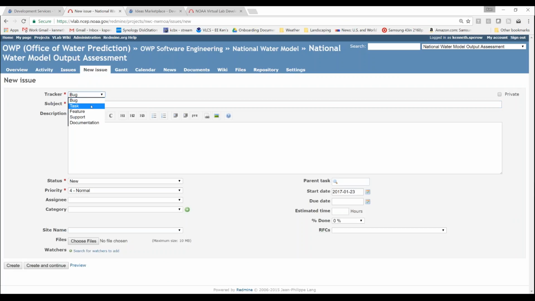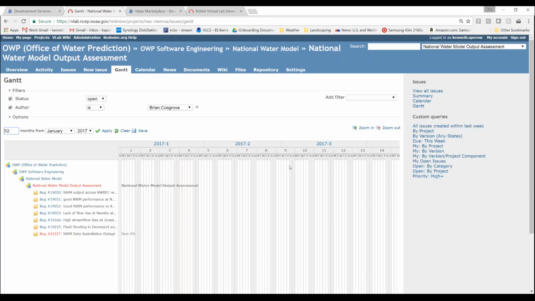So you select the type of issue it is. Is it a bug? Is it a task, feature, support, documentation? We call these trackers, and there are a bunch of different trackers within VLab. I'm not going to get into all this detail, but needless to say, there's a lot of power within this. This portion of VLab took off on its own because nothing like this was being offered by the Weather Service. And so it creates customized Gantt charts based upon the fields, the issues that are being added and